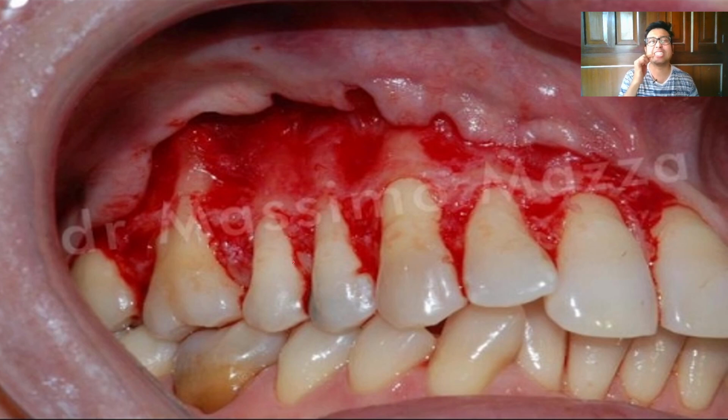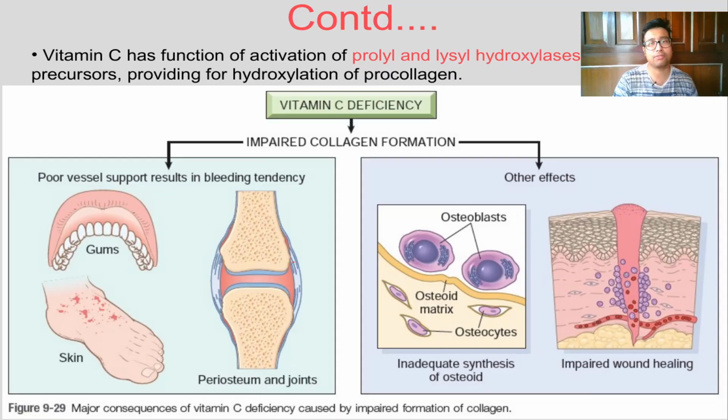The gums actually recede. The upper layer of the gums recedes as if the patient had a very grievous injury, and it totally bleeds and is brick red, blood red, and it's horrible to look at a proper scurvy patient. Nowadays it is not commonly found because we take many fortified foods that have added vitamin C, but especially in lower socioeconomic classes and communities who don't take much vitamin C, this disease is still found.